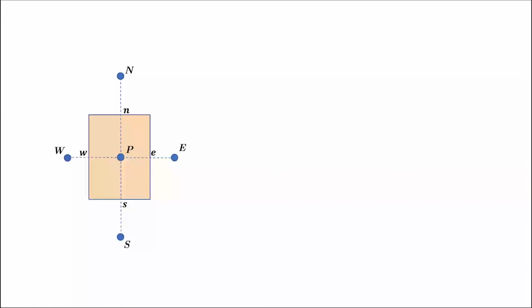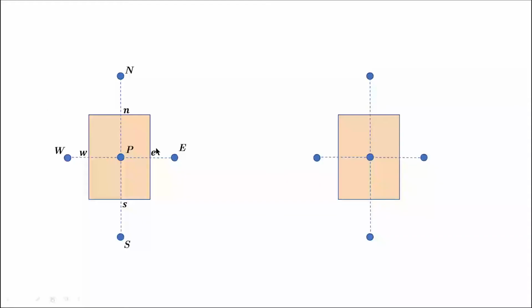Now again, if I draw the same kind of grid here with the finite volume, I have just taken out all these namings. What I want to do is, rather than dealing in terms of P, E and so on, deal in terms of indexes, because that is what Python understands. Python wouldn't understand if you put P or E. It would only understand the indexes. So let us say I define the index of P as i, j, which is a very standard coordinate naming system, at least in the Cartesian system, if you want to define an arbitrary point.